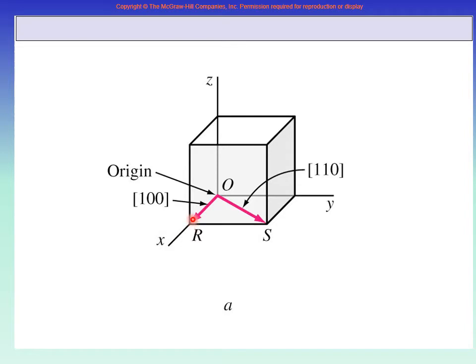So this point, what is the coordinate? 1, 0, 0. What was there? 0, 0, 0. So by the method of vector indices, that is it. You do x, y, z of this minus x, y, z of that. So 1, 0, 0 minus 0, 0, 0. So this is what you get in the end,